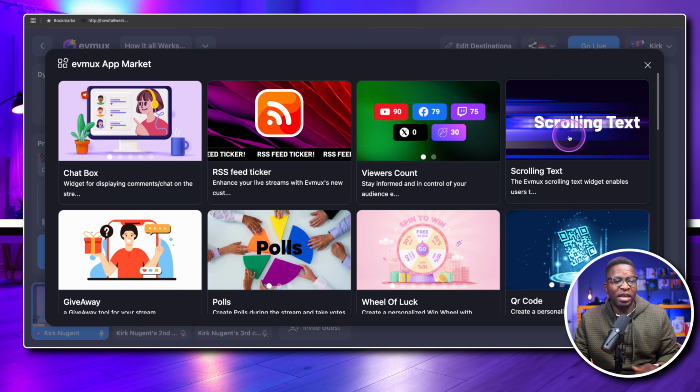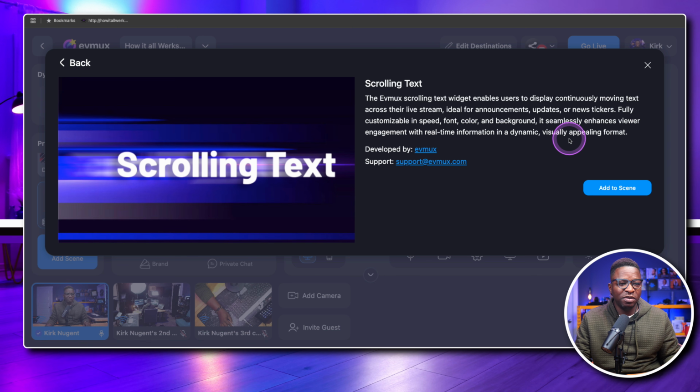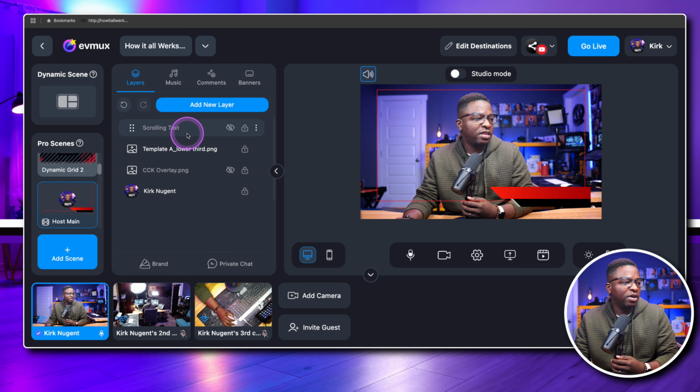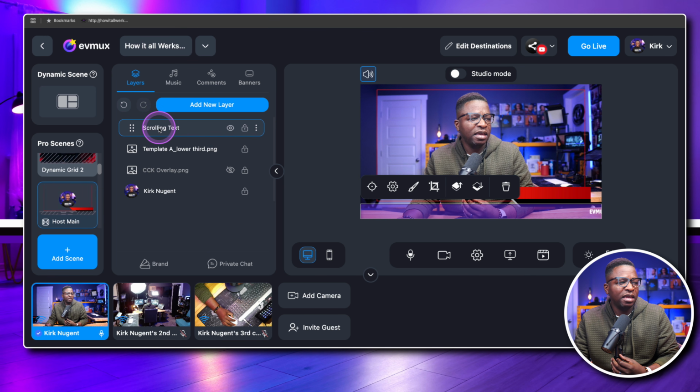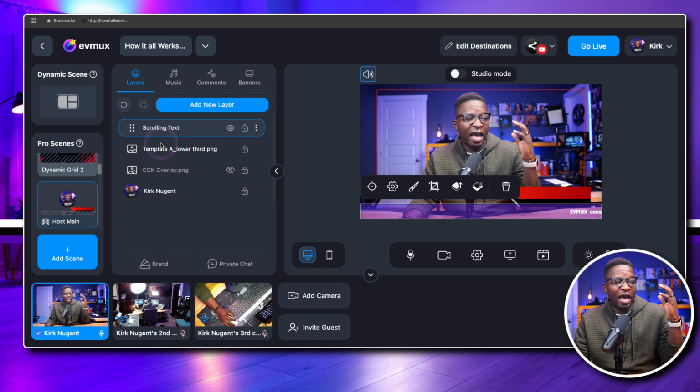And in here, we have this one called scrolling text. When we click it, EVMUX scrolling text widget enables users to display continuously moving text across their live stream, ideal for announcements, updates, or even a news ticker. Fully customizable in terms of font, speed, color, background, seamlessly enhances engagement. And what that means is, we click add to scene, and what that means is I can actually have this